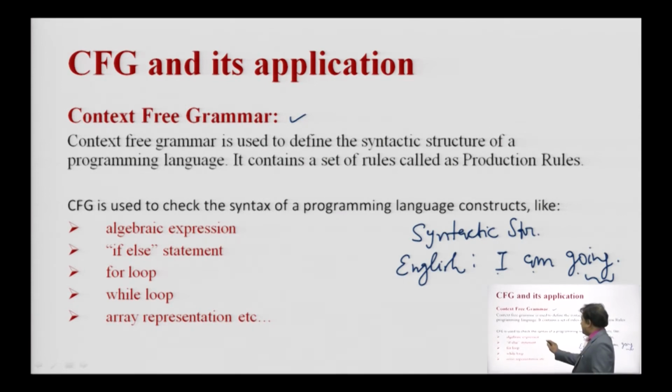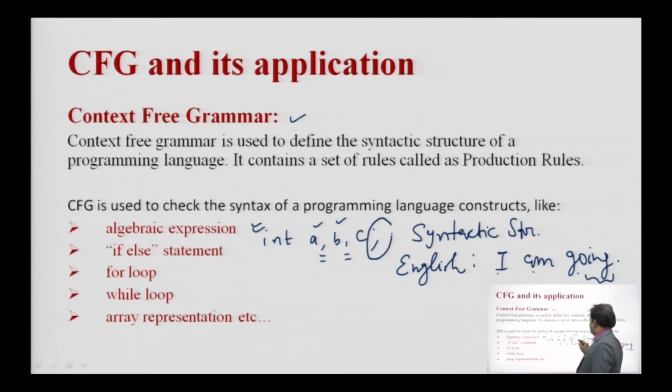In a programming language, suppose I write a sentence: int a, b, c; This is the syntax to declare the variables. That means, first we define the variable type, that is the data type, then the variable names separated by commas, and so on, and it should be terminated by the semicolon.